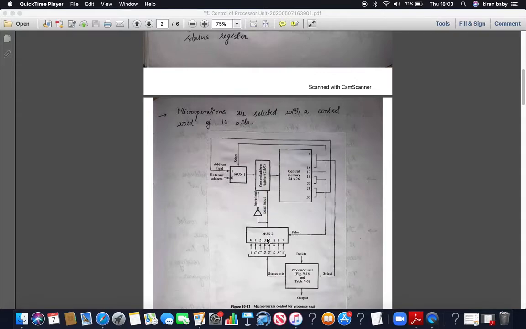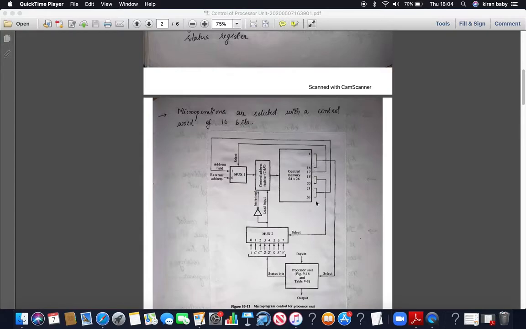So depending upon the values in this mux2, these particular lines will work. If it is 1, an input is being loaded from the address field or from an external address. If it is 0, it is an increment of the current address present in the control address register. So understood? All these bits could either be 0 or 1. If it is 1, then it is a loading from the address field or external address based upon this selection line. If it is 0, then it is an increment of the current address in the control address register. Okay, so that is how this entire microprogram control for the processor unit will work.